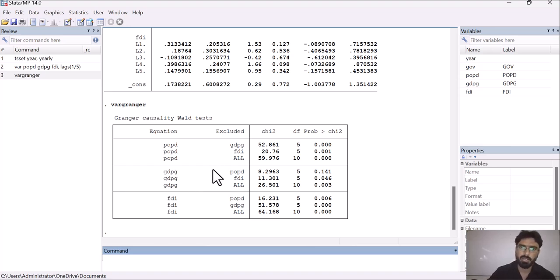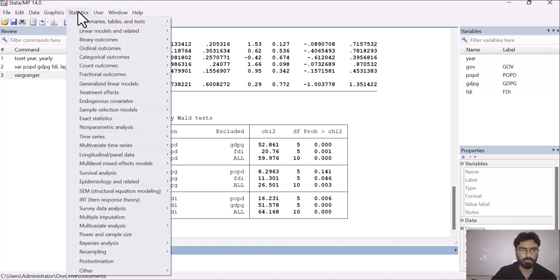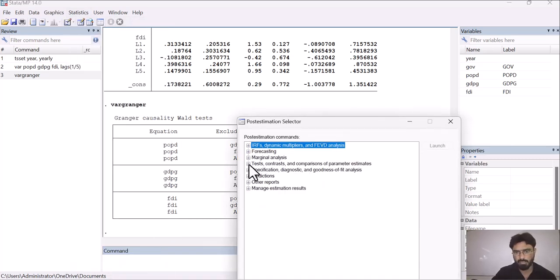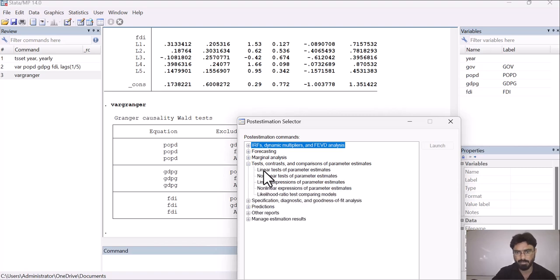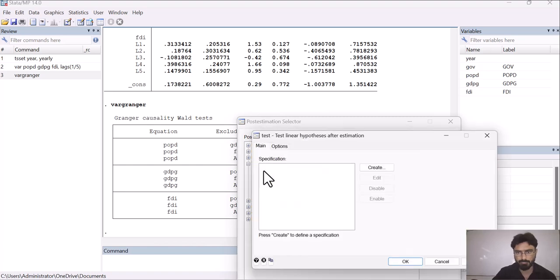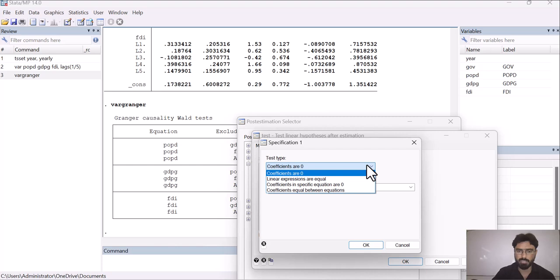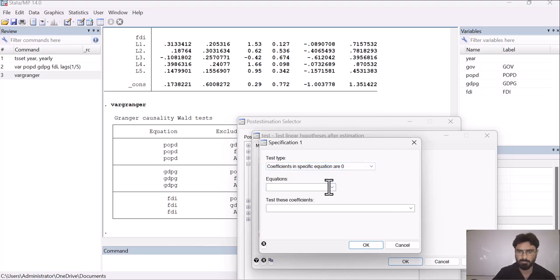Now let's go back to the other method. For the second method, go to statistics, then go to post estimation, then go to tests, contrasts and comparison of parameter estimates, then go to linear tests of parameter estimates, then go to create, and from these options select that coefficient in specific equations are 0.